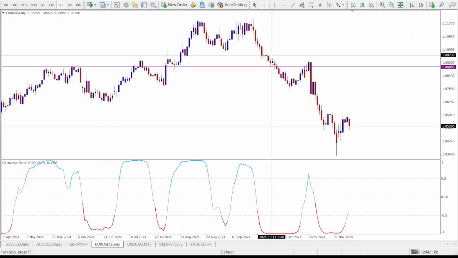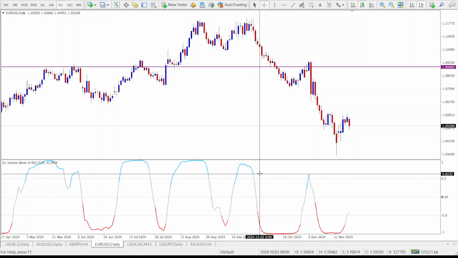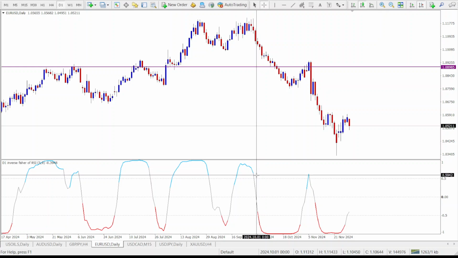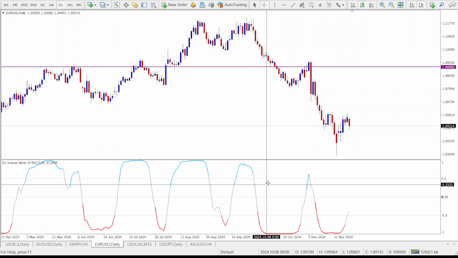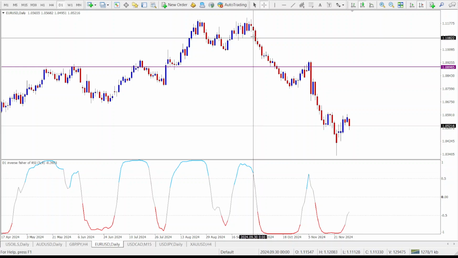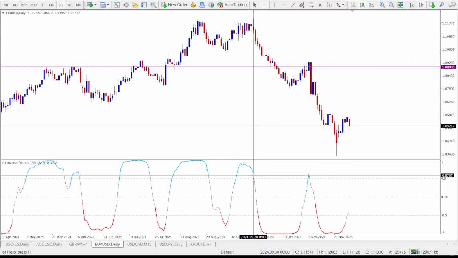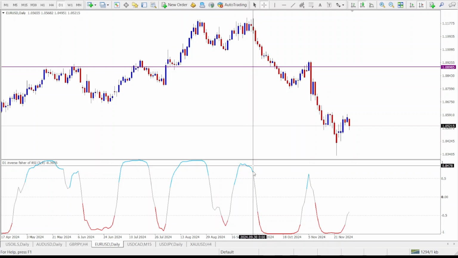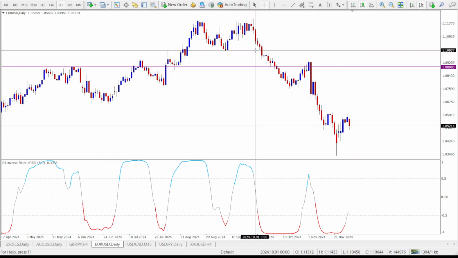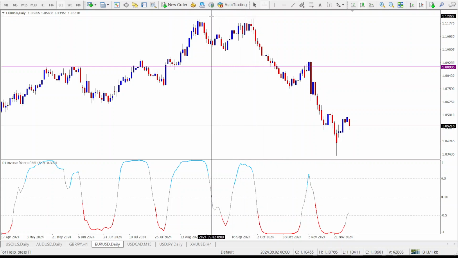A sell signal comes when you have the color of the inverse feature of RSI indicator blue. When it is blue and then it cuts below the 0.5 level, you have a precise sell signal. So right after you get that sell signal, after the indicator drops below the 0.5, you can go ahead and enter a sell trade, set your stop loss right above the swing high,